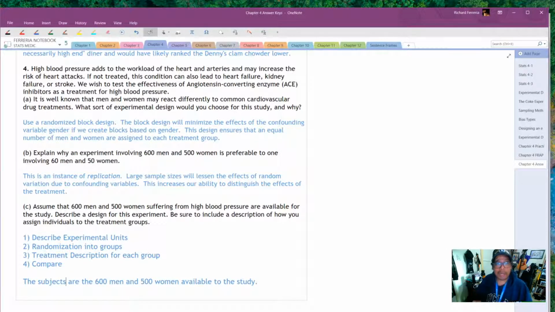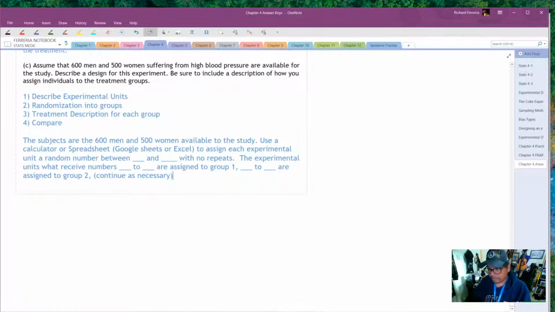Because this is a block experiment, we're going to talk about the first block, and then we're going to suggest that we repeat it for the second block. So our first block is going to be the men. Now, if you're in my class, you know that you have these wonderful sentence starters to help you through this. So I've just copied and pasted what we have, and we're going to adjust it to our experiment. So we're going to use a calculator or spreadsheet like Google Sheets or Excel to assign each experimental unit